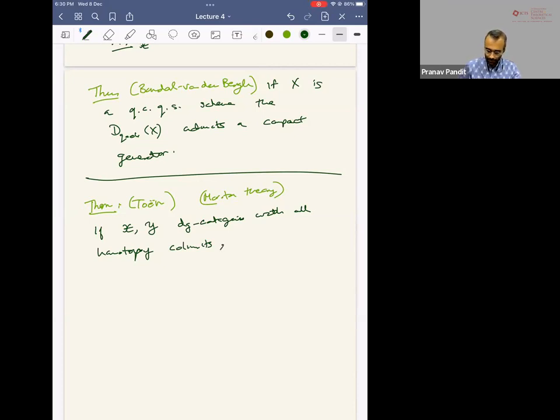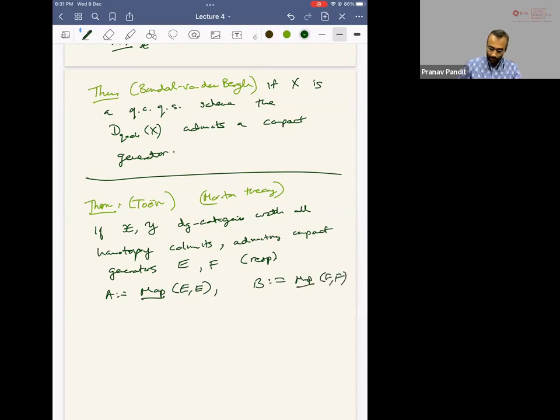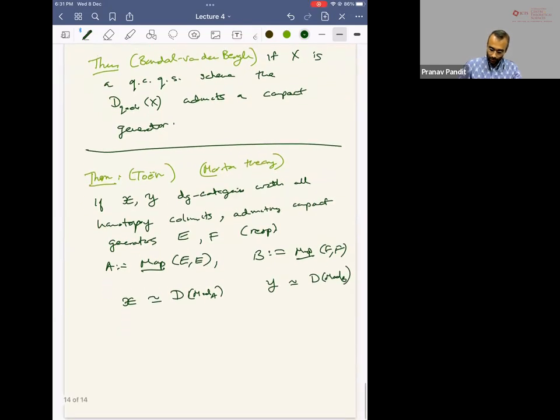So with all homotopy colimits admitting compact generators, E and F respectively. Let A be maps from E to E, and let B be maps from F to F. Then we know that X is equivalent to the derived category of A modules, and Y is equivalent to the derived category of B modules. And you can look at continuous functors,